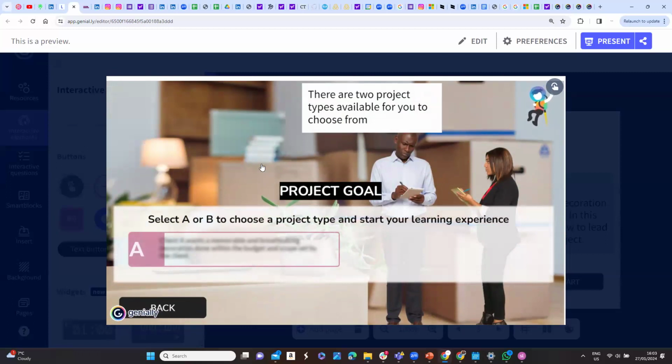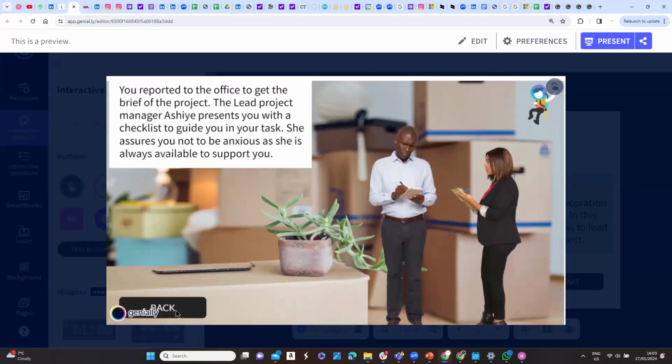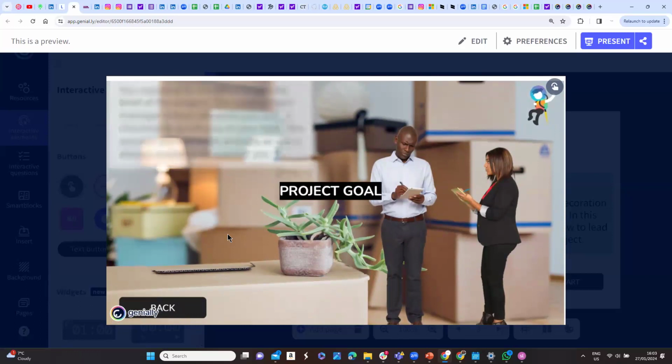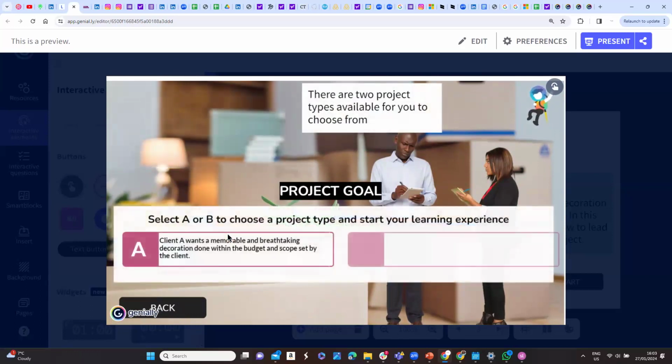So I choose A. What's happening back? I want to go back. When you go back, assuming I chose another option that was wrong, it will take me back and I'll start all this and read it again. The reason I designed it for you to have to read things all over again is so that you don't make